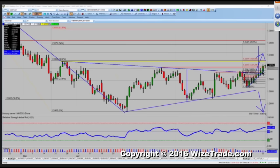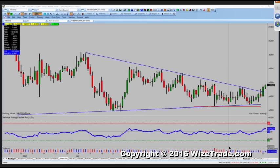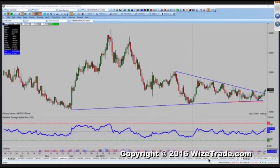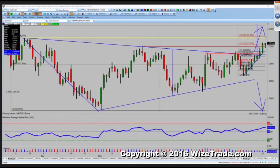I did add to my Euro Canadian longs yesterday. I added to this one. My cost average is 144.74, and this is on fire. And this Euro Canadian looks like it has so much further to go. So for those of you that are selling the dollar Canadian because you think it can't go up anymore, be careful doing that. We're about ready to scale yesterday's highs, and yesterday's highs are at